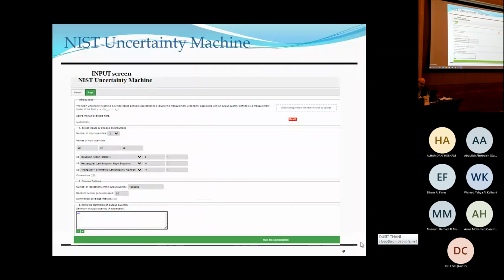And in order for either the propagation of uncertainty or the simulation to occur, you need a model. So the last thing you have to do is input your model, and that's done in the last box down at the bottom left. And once you do that, then you run the simulation,